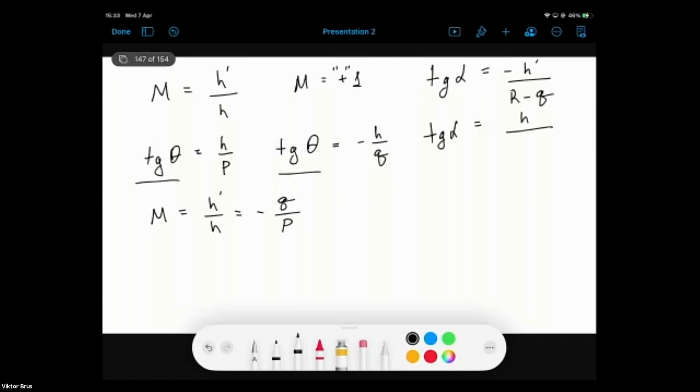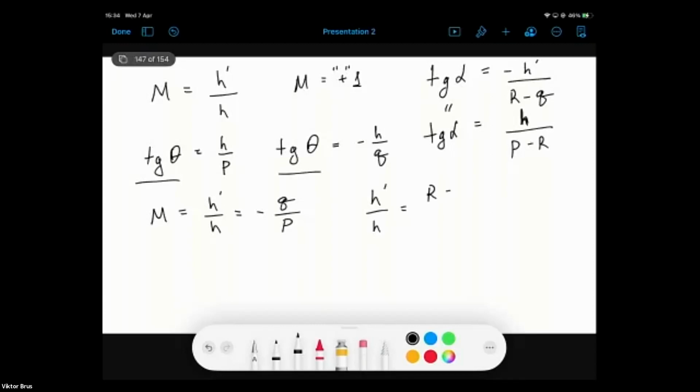Now we have positive h because this is the height of the object, not the height of the image, divided by p minus r. So taking this into account, that this alpha is the same, we can write that h prime divided by h, technically this is magnification,